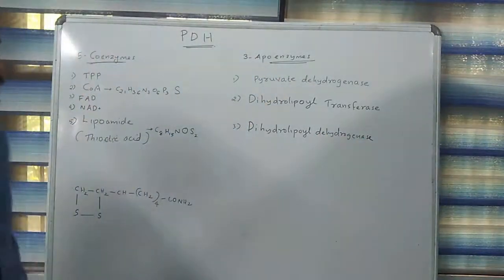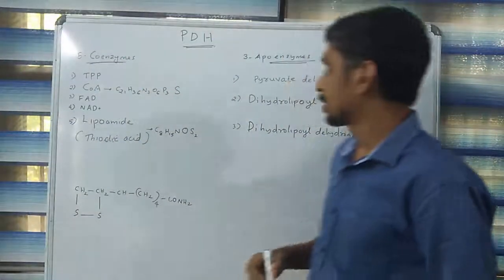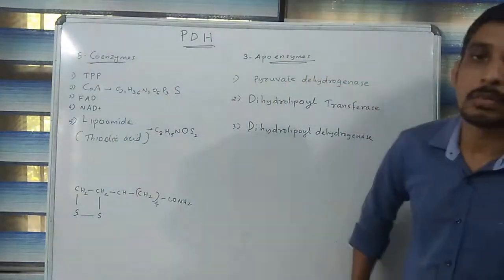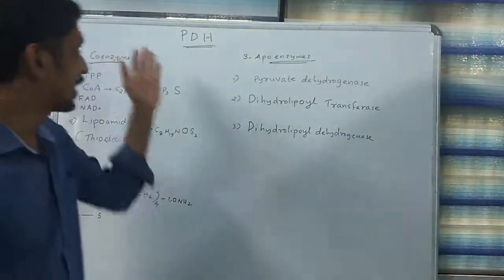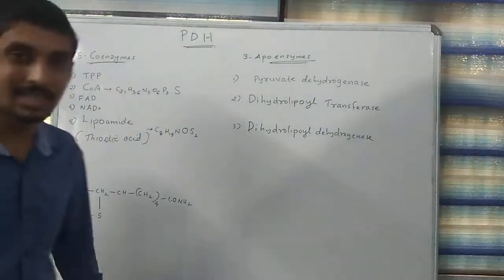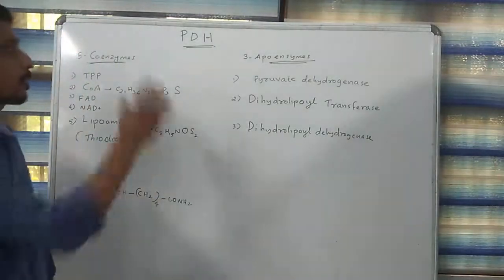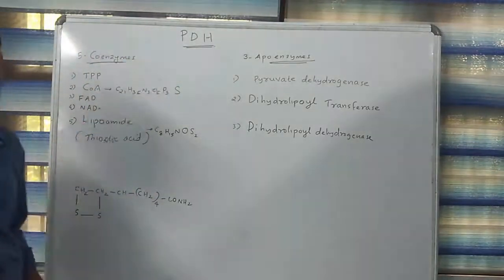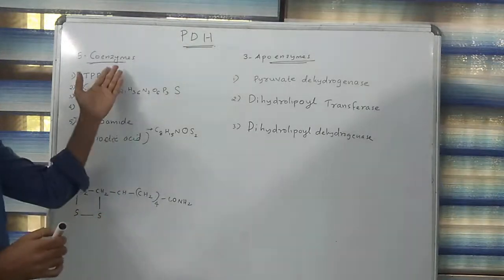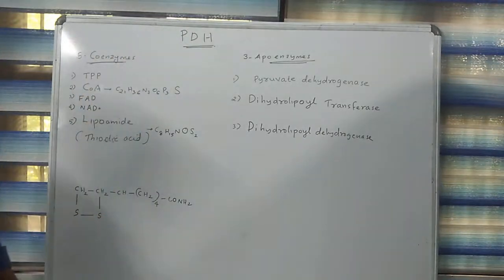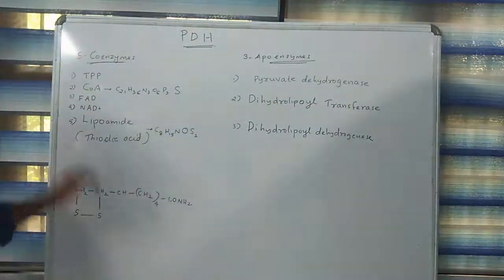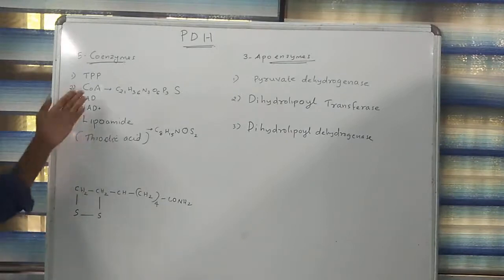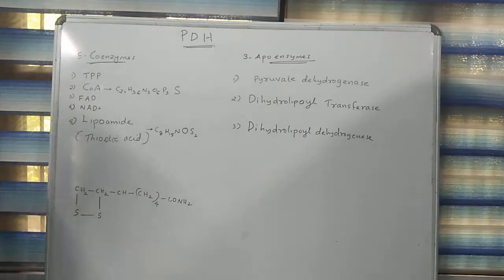So this is the main component of pyruvate dehydrogenase complex. We can say PDH or PDC. This pyruvate dehydrogenase complex mainly consists of 5 coenzyme cofactors and 3 apoenzymes. These are the protein part and these are the non-protein parts. So these 5 coenzymes consist of